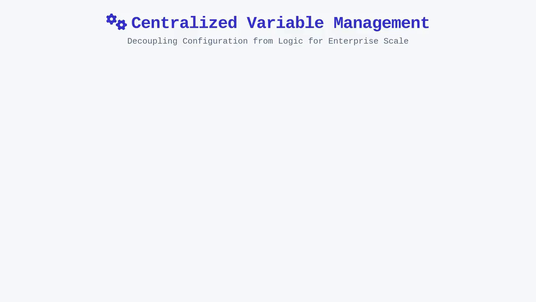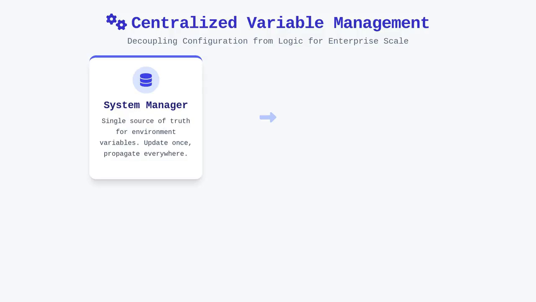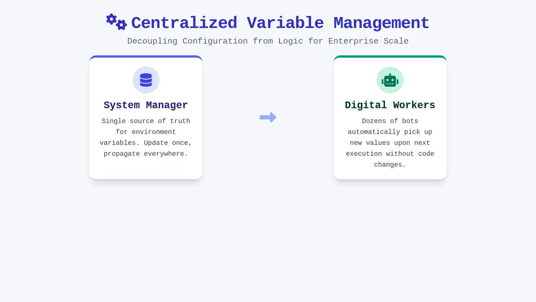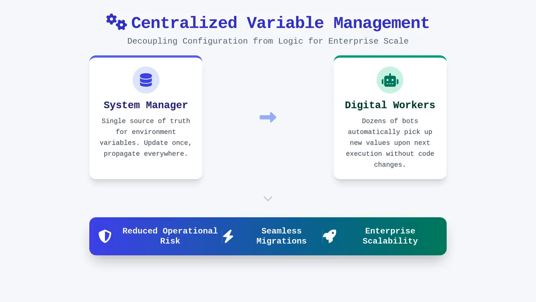Managing these variables centrally facilitates seamless migrations between environments without touching your underlying code components. Imagine a scenario where a production server address changes due to a network migration. If your process logic is properly abstracted, you update a single entry in the system manager across all environments. Your processes, which may be running on dozens of digital workers simultaneously, pick up the new value automatically upon the next execution. This decoupling allows your team to focus on building robust, reusable automation logic rather than spending time firefighting